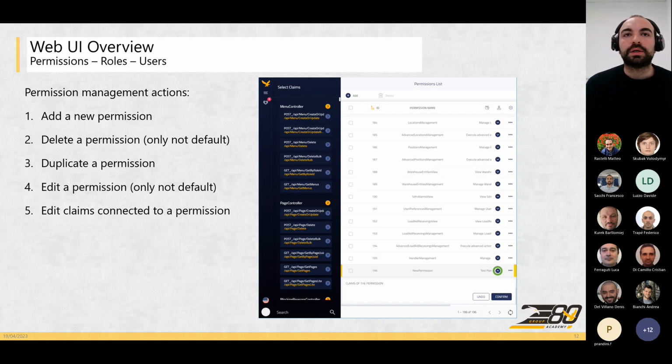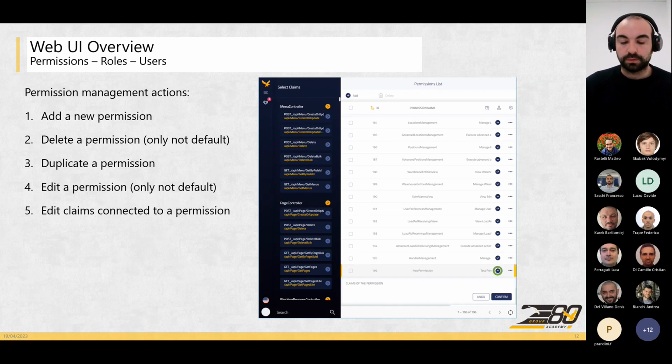And we can select a single API, like only the get, only the post, or maybe all the controller. With this action, we will add those claims to this permission. So at the end of the new permission management, I will have some controllers, some single APIs that a new user